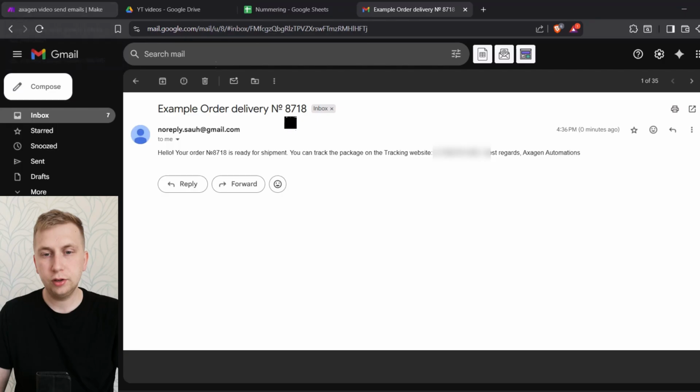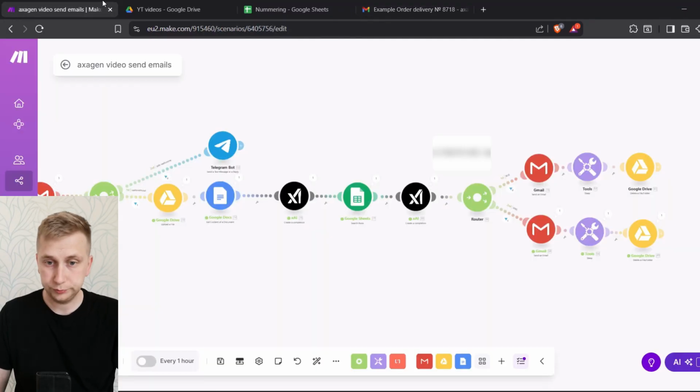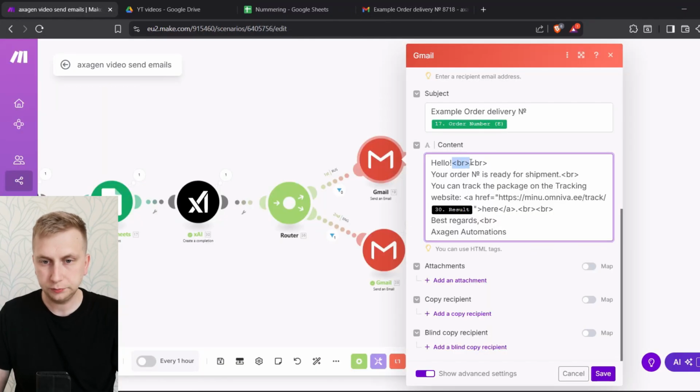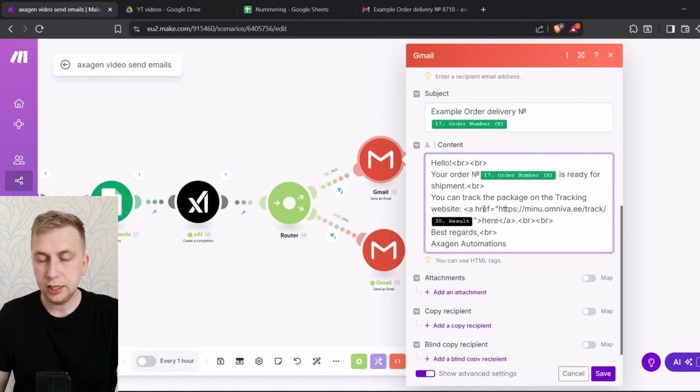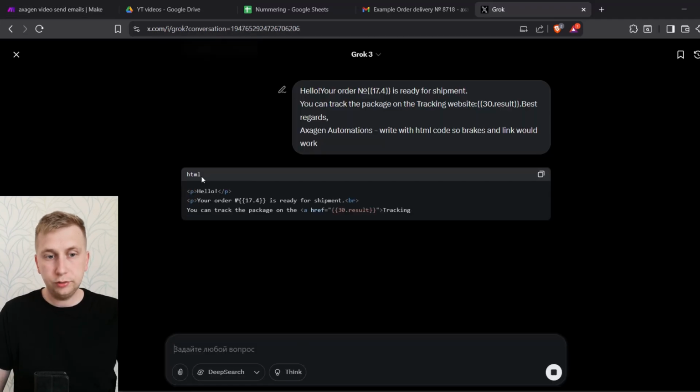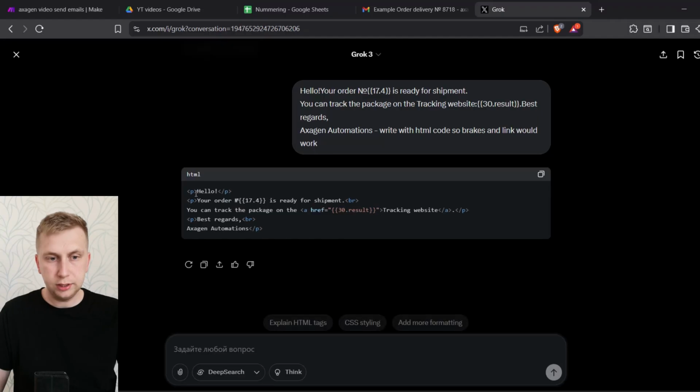So to fix that, you are gonna need to add some HTML code. It is nothing crazy, just some breaks. This is enough for a simple email. I'm gonna add here also an order number. And here where the website is, I added this small href code, which is basically making this a clickable link. And that's it. If you don't know any of those codes, then obviously you can ask AI. And if I ask AI to write it for me, you can see it wrote it very nicely. It also added these paragraph tags over here, but for emailing I don't think they are necessary, so you can remove those. But as you can see, AI can do a very quick job